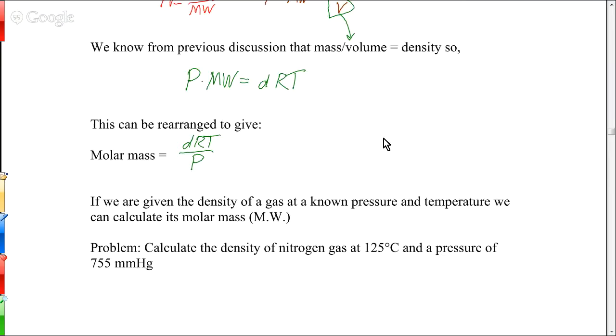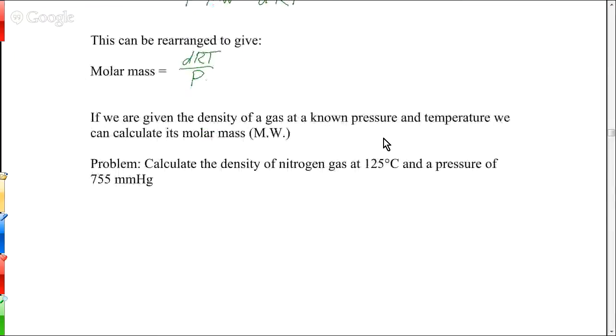So this one asks us to calculate the density. We could do that. I think a more interesting